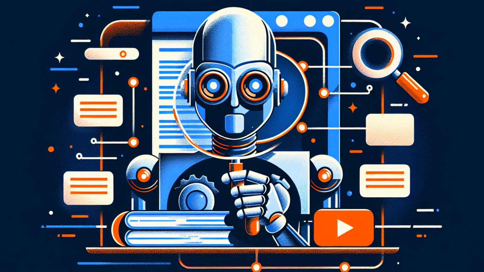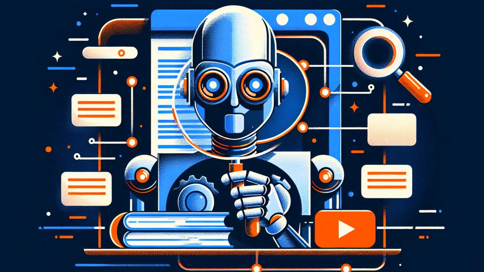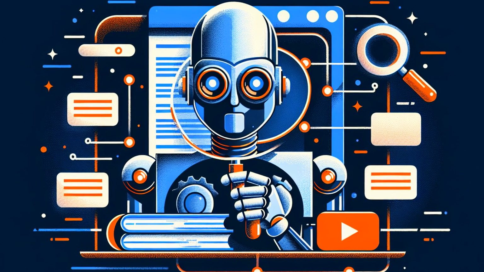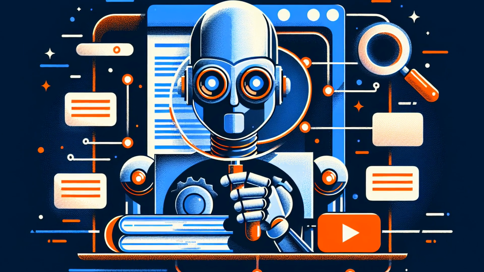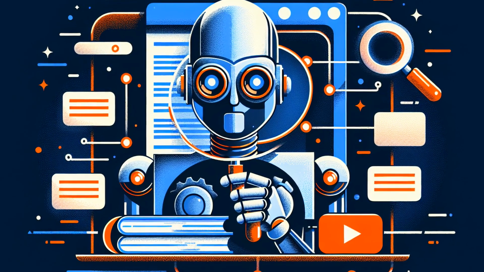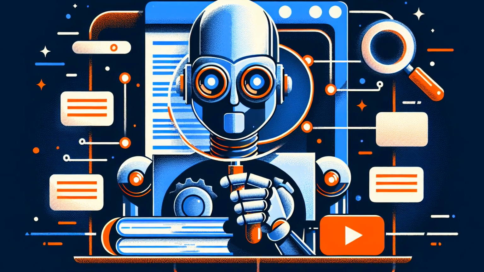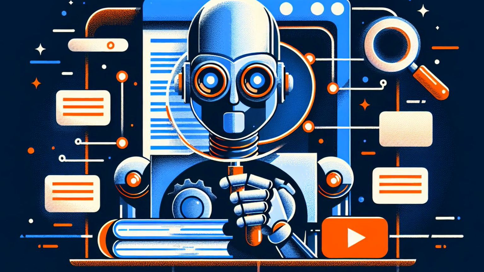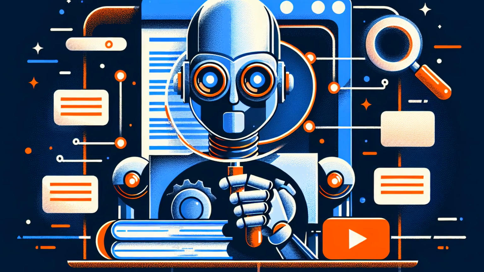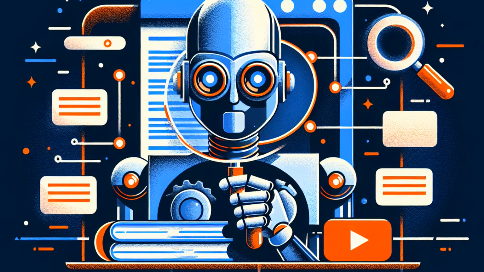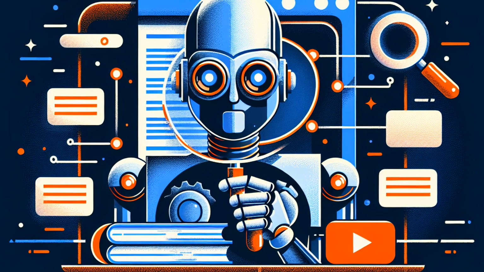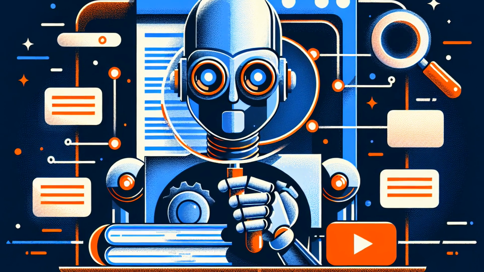Terrifying, right? But here is the thing. There is a technique that fixes this. It lets any language model look up real information before answering, almost like giving it an open book exam instead of forcing it to rely on memory. It is called Retrieval Augmented Generation, or RAG. And by the end of this video, you will understand exactly how it works and why every serious AI application